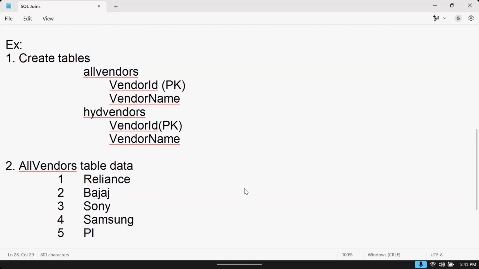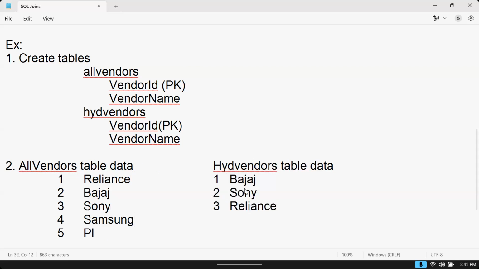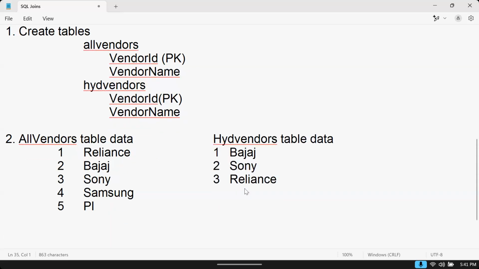And this is like the Hyderabad vendors table data, which has these details. Two some Sony and three Reliance. So like this we are having. So whatever data you may have,